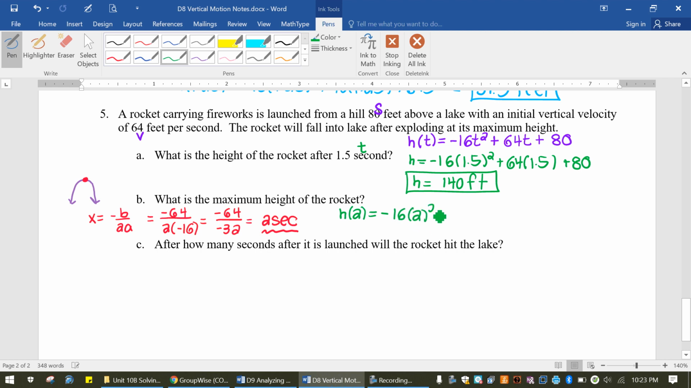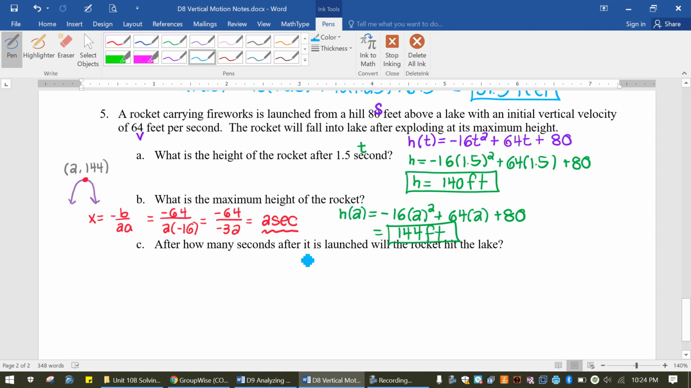We're going to take that 2 seconds and substitute it in to find out what that maximum height is. So this is negative 16 times 2 squared plus 64 times 2 plus 80. And what we get here is a maximum height of 144 feet. What that means back here on the diagram is that at 2 seconds, the height is 144. Okay, so the maximum height is just the y-coordinate of that vertex. All right, and then the last question in regards to number 5 is,